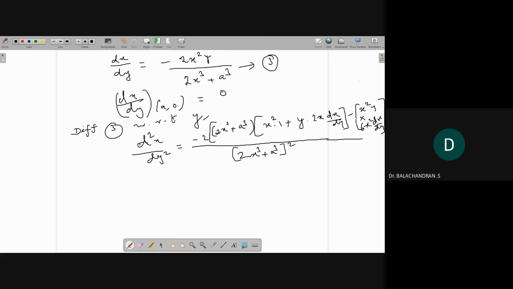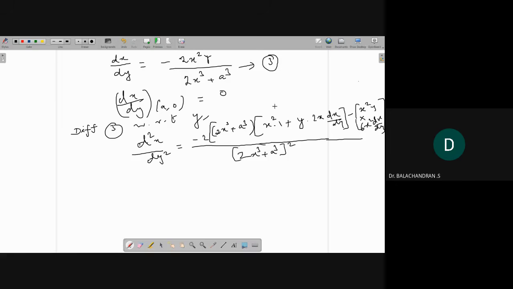Better you should write in your notebook. Sometimes you may not understand even if you watch this video. So I will explain one more time. Just u by v method. So you should keep 2x cube plus a cube whole square. I will take minus 2 commonly from the numerator. It should take 2x cube plus a cube. The numerator. If you differentiate the denominator,